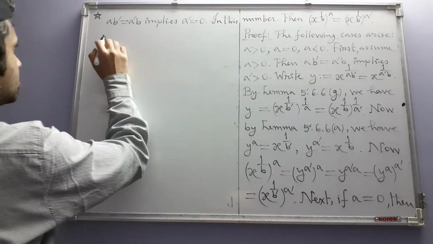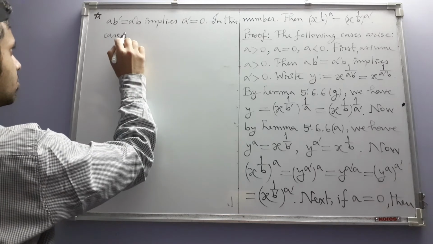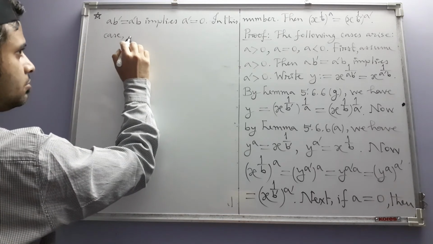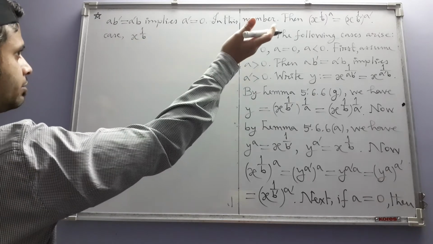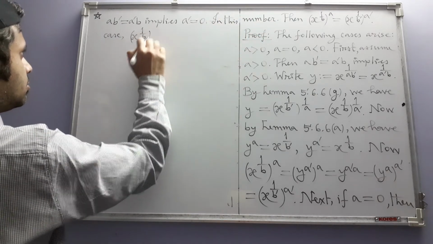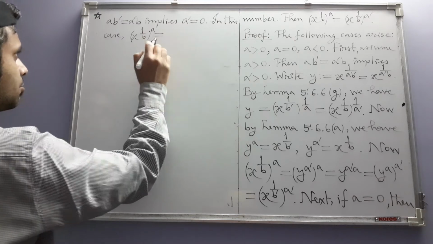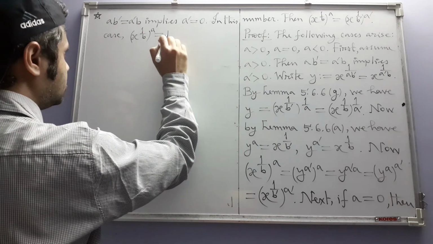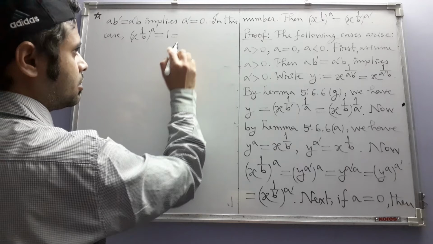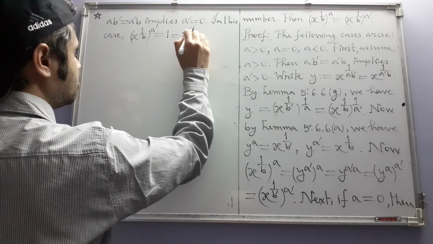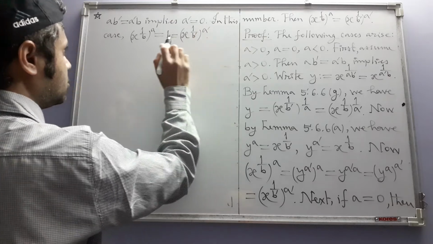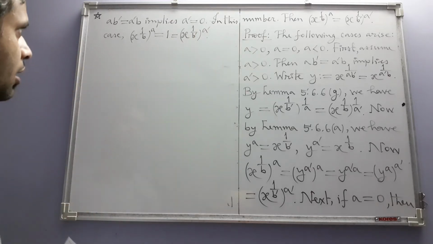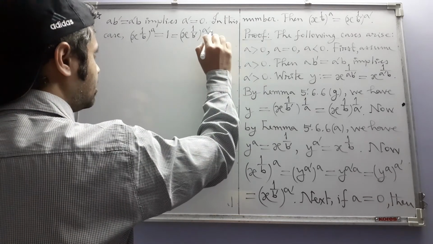In this case, since both a and a prime are 0, so by our ordinary exponentiation, we get this. Both the sides will be equal to 1 because both the exponents are 0. Finally,